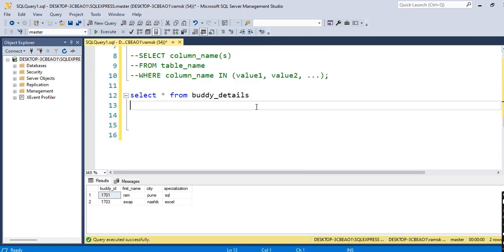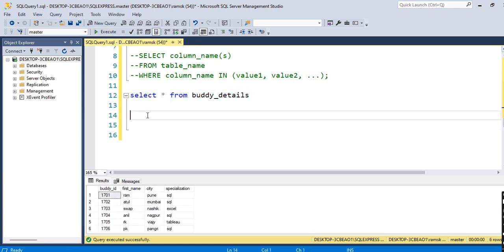So we will see. I have one table here, body details. I will execute this table, SELECT star FROM body details. Now I have this table. In this table we have four columns: body id, first name, city and specialization, and I have 6 rows. So now we will fetch this column with the help of